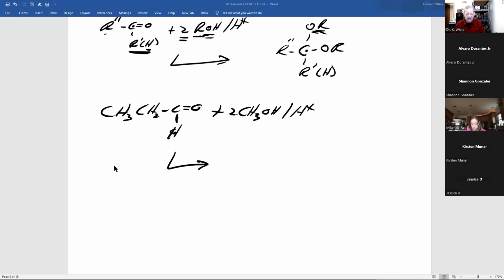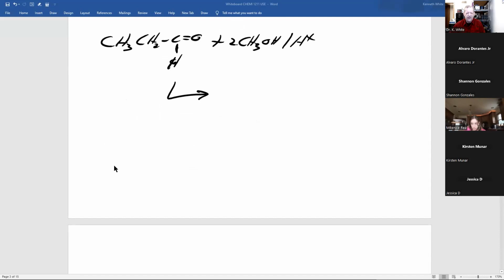If we look at this, look for what's different. What's not carbon, what's not hydrogen, what's not a carbon-carbon single bond should get your attention. Carbonyl. Hydrogen, but it could have been R prime. Carbons here, R double prime. Ooh, the number in front is called a coefficient, 2. Carbon hydroxyl group, alcohol. Acid catalyst.